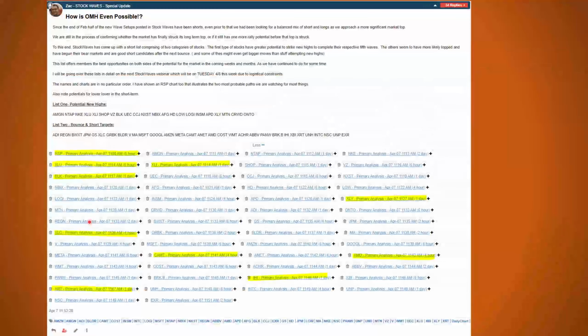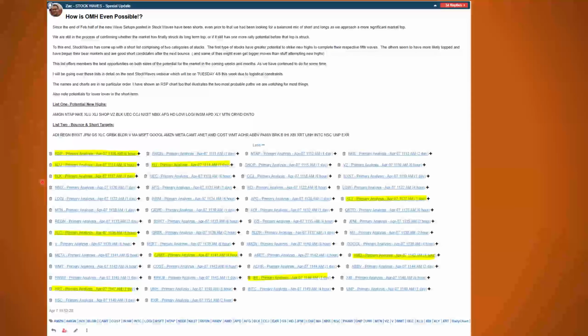So a couple of things that I highlighted here that we'll talk about today. RSP as a whole, we don't actually look at any of the main index ETFs in Stock Waves. That's covered in the main market service. But we do look at RSP and QQEW, which are equal weight versions of the SPX and the NASDAQ. And those kind of smooth out some of the distortion that you might see from that Magnificent Seven and some of the other weightings